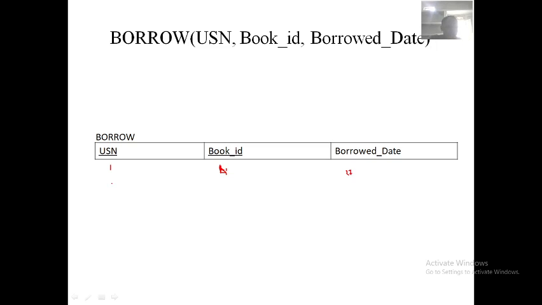Again on the same date or the next date, Kiran will go, will you take the same book? Will you take the book A1? No, because that book is already with you, A1. So it is not possible for you to take that A1. So you should go for another book, that is A2.